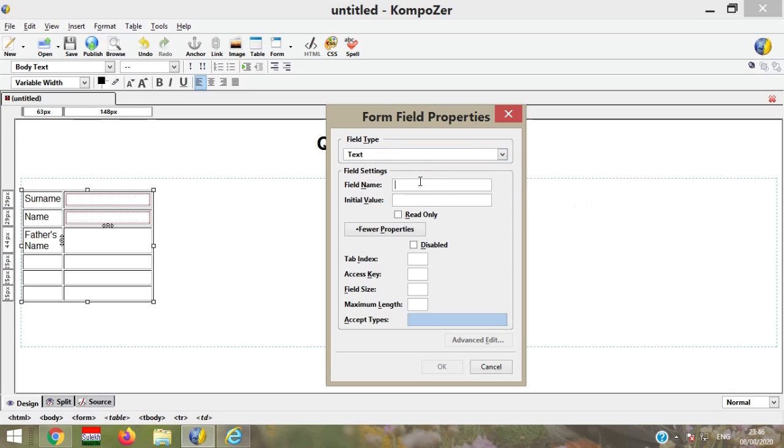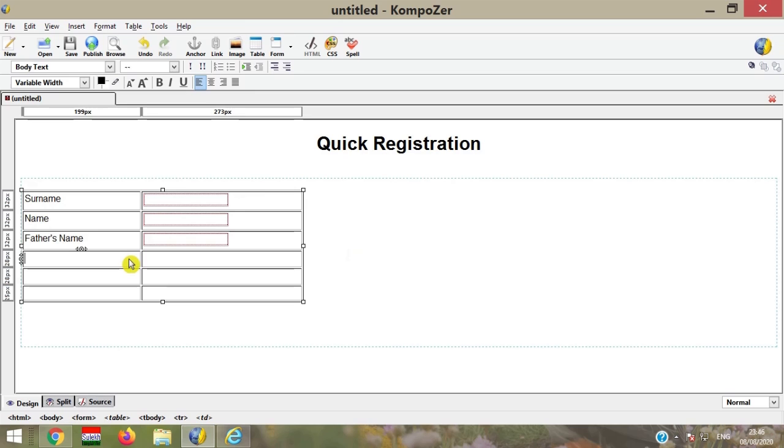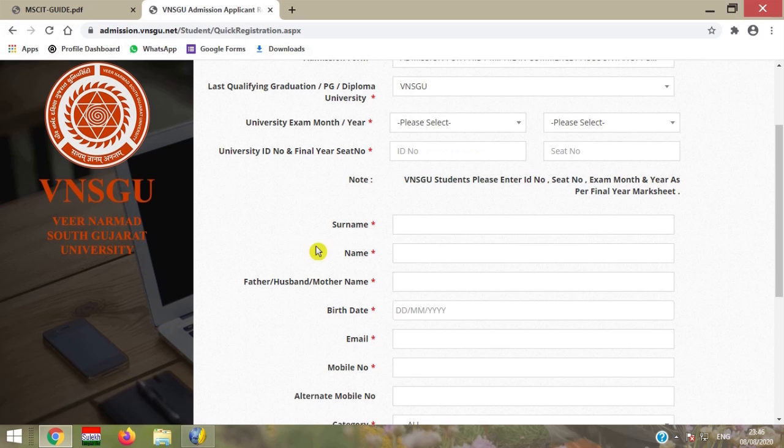In the case of father's name, you can increase the size or width of the table by drag and drop operation. We are finished with surname, first name, father's name. Now turn to the birth date.